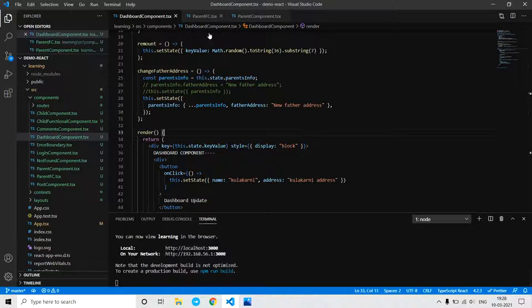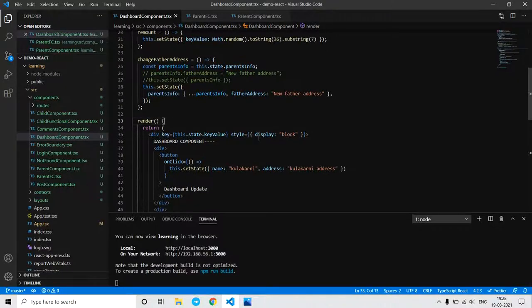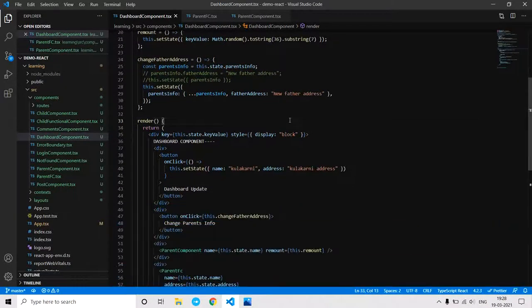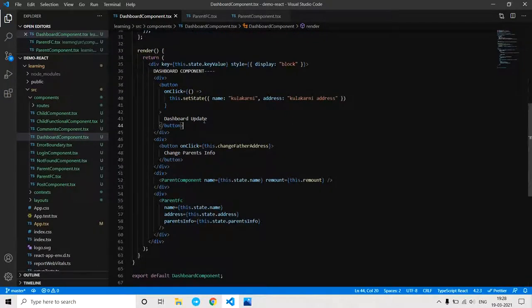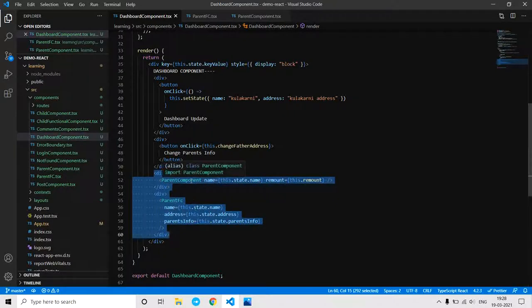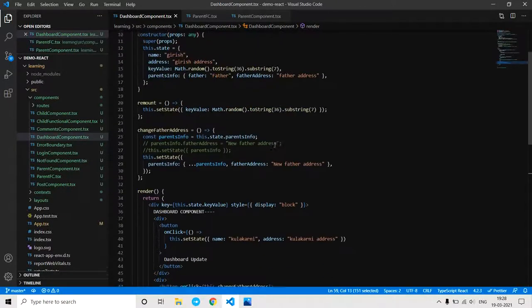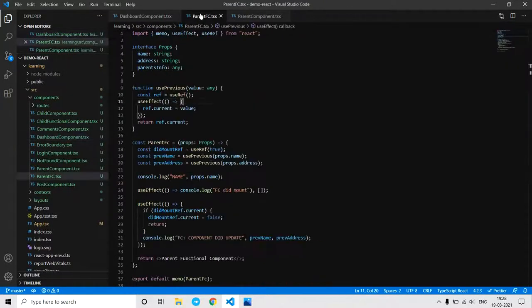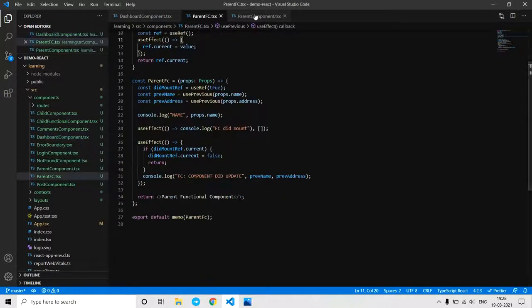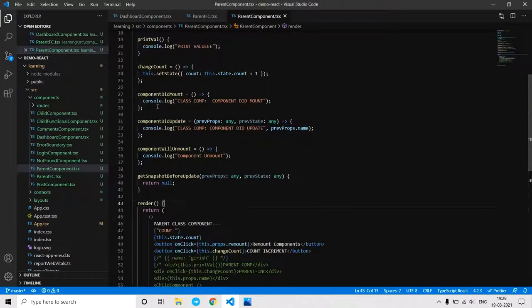Okay, so this is my dashboard component. In this dashboard component, I have these two components. The first one you are seeing is a parent class component, which I am highlighting now, and the second one is a functional component, so that you can understand better. I just created these hooks and the componentDidMount lifecycles here.